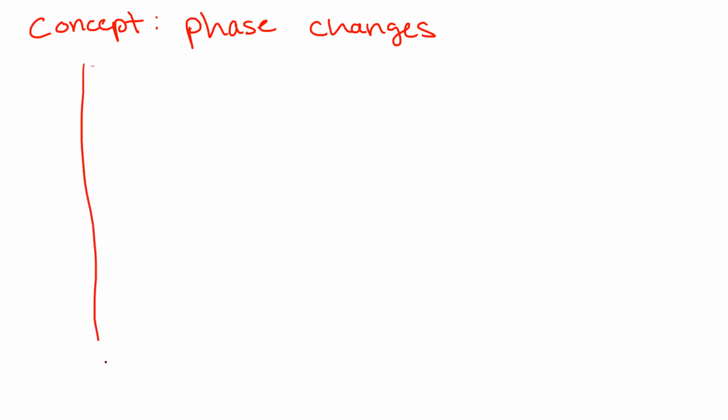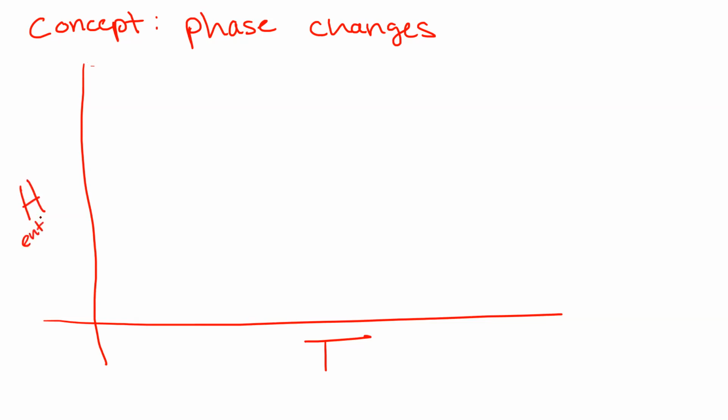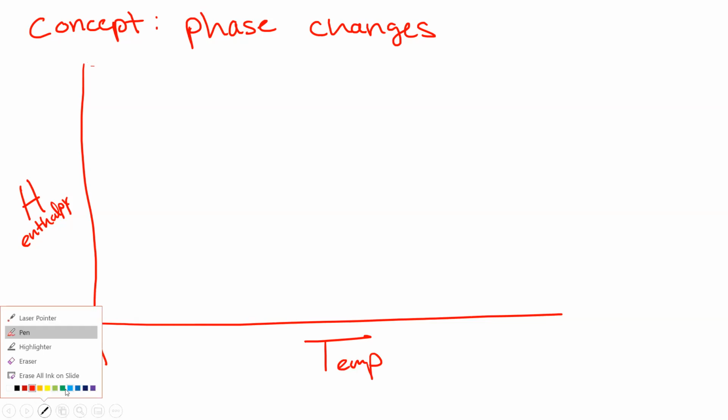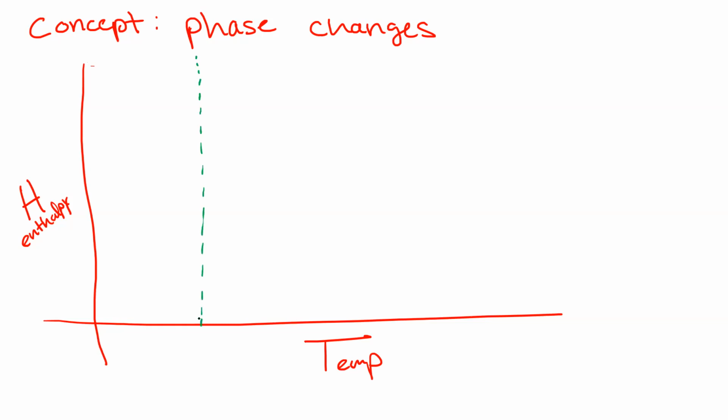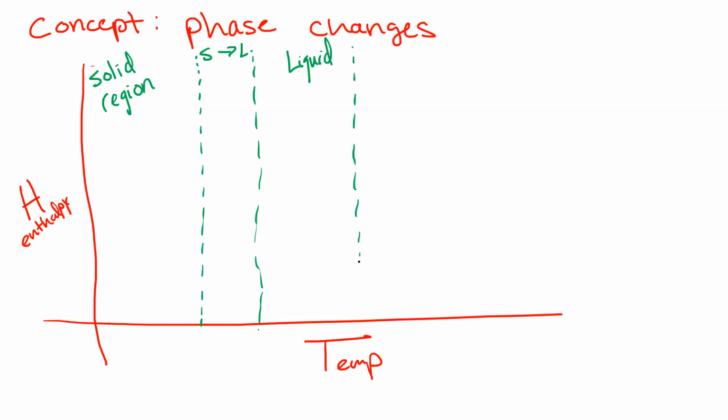Okay. So the basic concept here are phase changes. All right. The general idea of what's occurring is, if you were to look at temperature and the addition of heat in the form of enthalpy, as you add it to matter, there's going to be a region where there's going to be a phase change. So if we call this the solid region, and this right here would be the phase change from solid to liquid, and then here would be when it's a liquid, and then this right here,